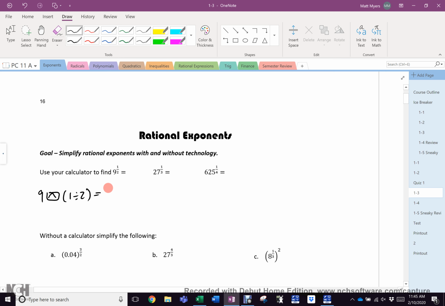And you get 3. Excellent. And then over here, if you do 27 and you hit your exponent button and then 1 divided by 3 and then you hit equals, you get 3. And then over here, you do 625 and you hit the exponent button and then you do bracket and then you do 1 divided by 4 and then you do bracket and then you do equals and you get 5. So then you say to yourself, self,